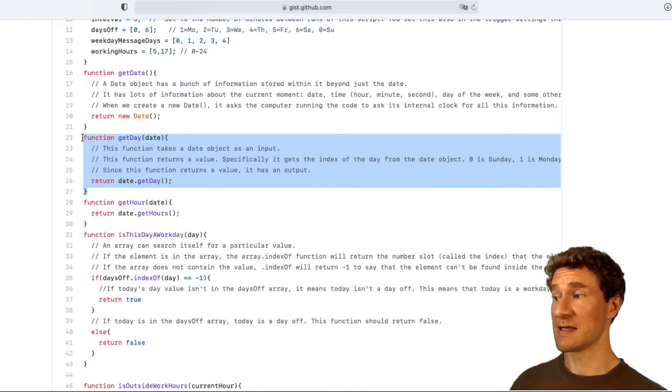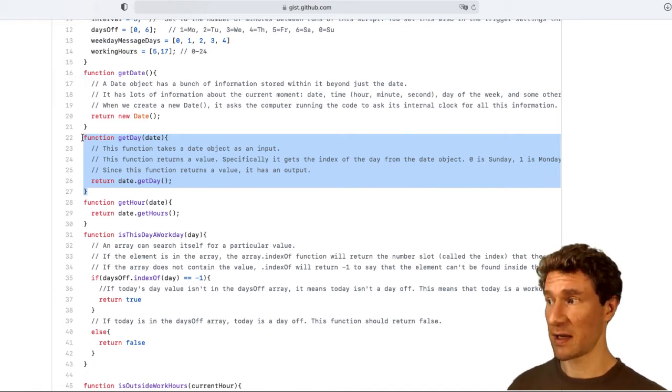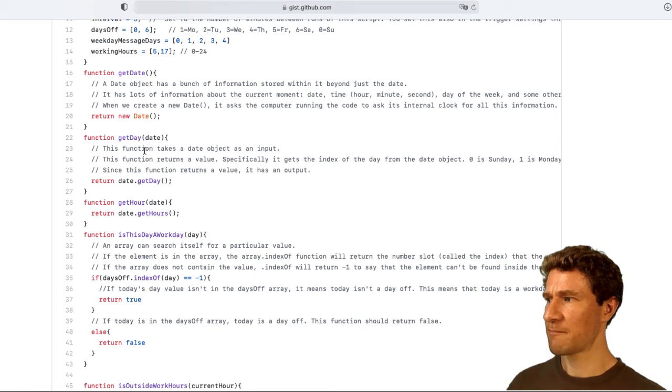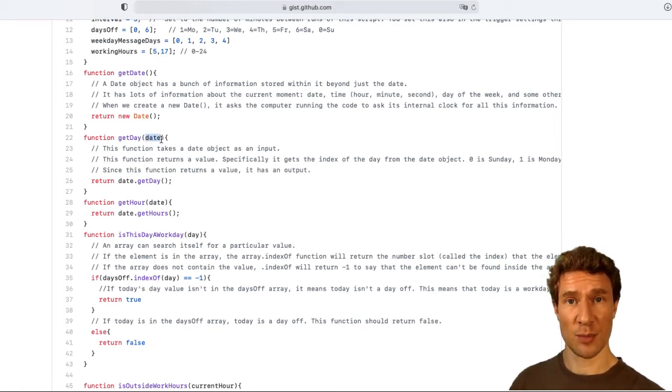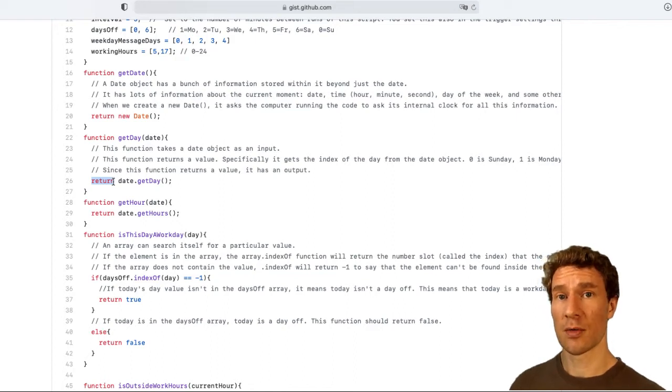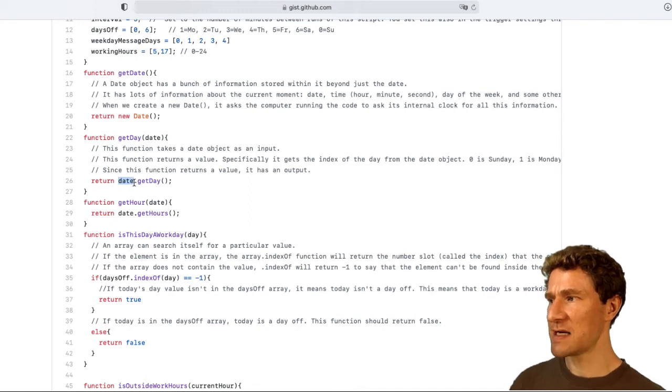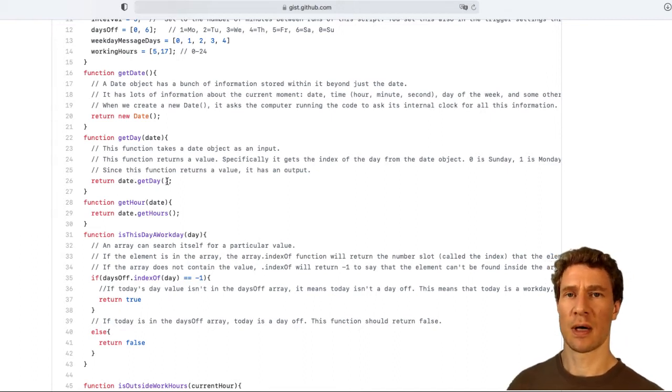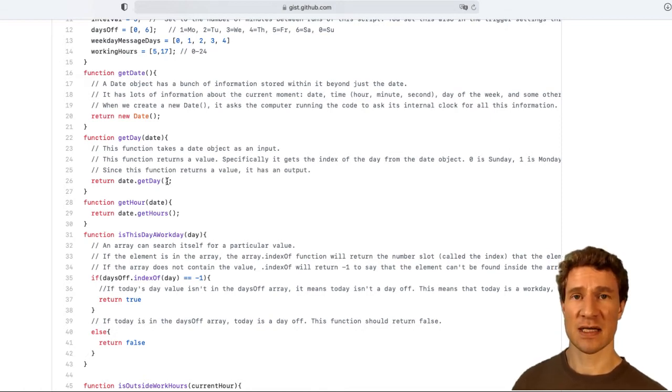So the next one is getDay specifically. Okay. So getDay. It does have an input this time because it has a variable name inside the parentheses, so that's date. And it has a return statement, so this is also returning a value. And so it's returning date.getDay, and date is the input. And so you don't need to know this, but the way this works is a date object in JavaScript